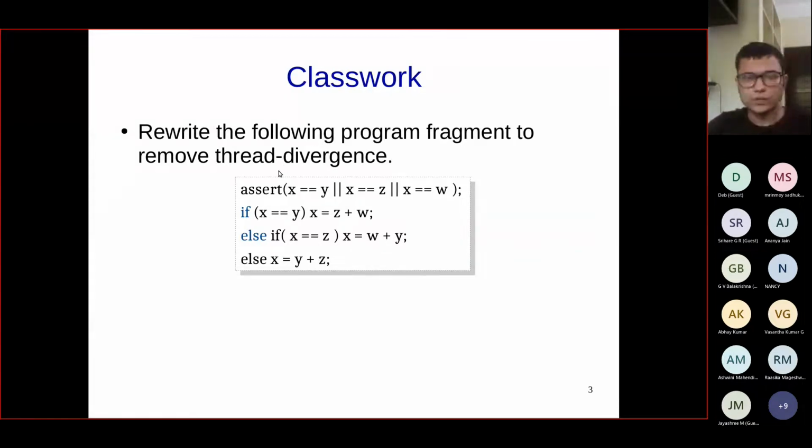So for those who haven't understood it, it will take 3 steps to execute this if else construct. As I told, in worst case, it might happen that warp threads, which is a bunch of 32 threads, go into different conditions. So let's say for the first 5 threads, this condition was true, so they'll execute this statement, and the rest will execute no op. Then let's assume that for threads 6 to 15, this condition was true, so they'll execute this statement,